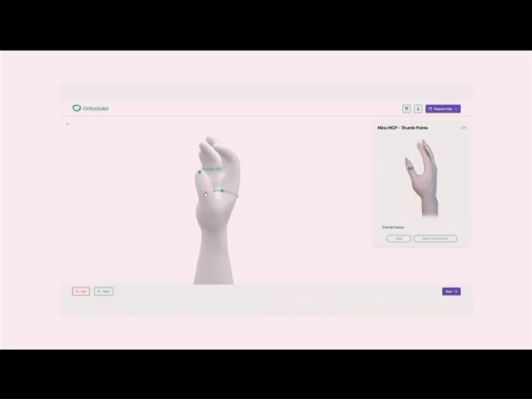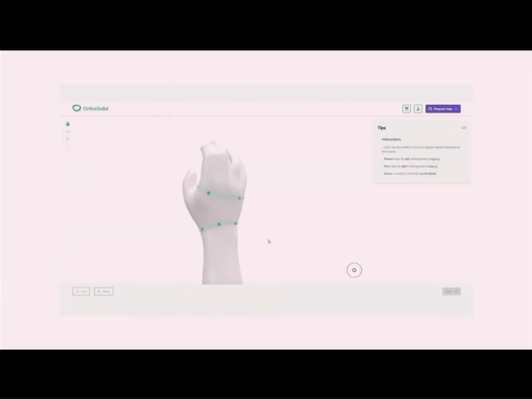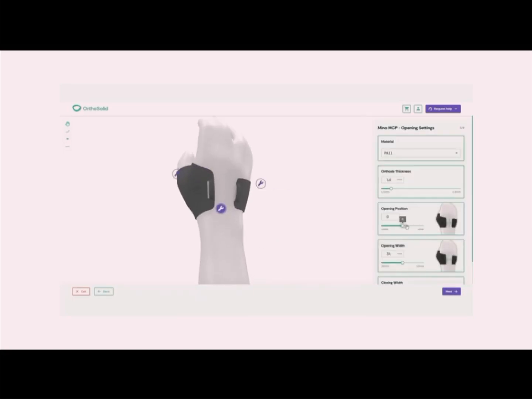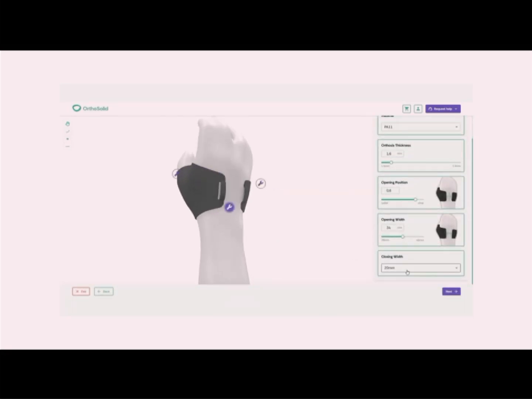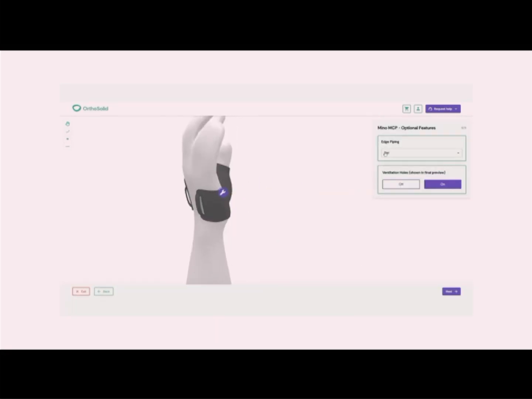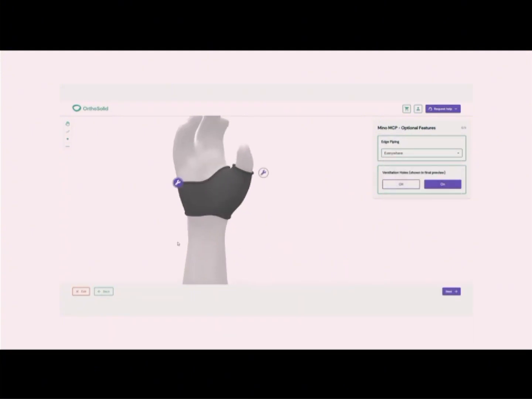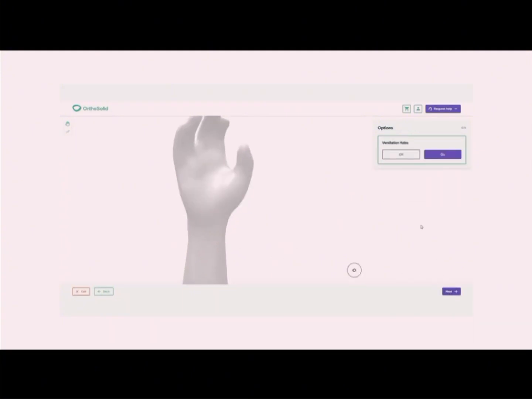As you can see, some data points are placed, and trim lines can be adjusted really easily by dragging the points and defining the trim lines. After this, the brace is generated automatically, and our orthopedic technician is able to choose a bunch of options to fine-tune the design for their patient. They see a final preview of the product, and then they order inside of our web application.